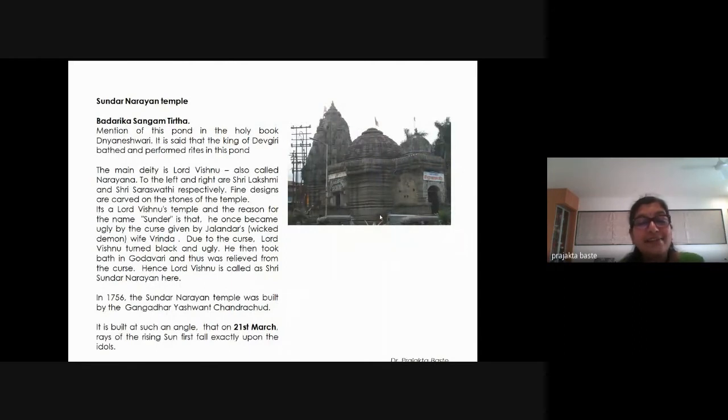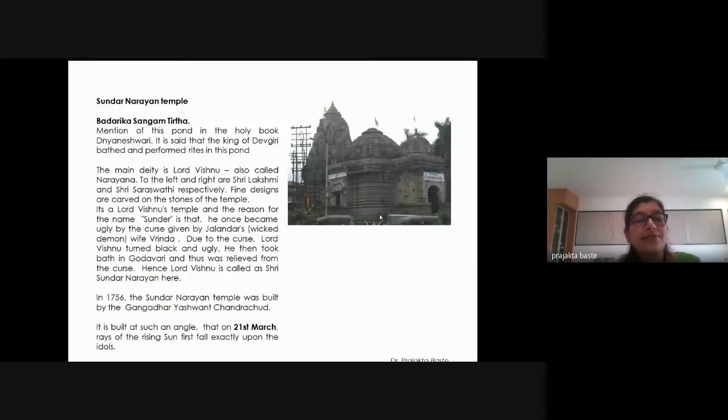Yeah. When we are talking about culture and river, I feel that the stories of mythology also become very important for us to understand why we develop temples on a certain stage. Why was it a major temple? Why was it a smaller temple? Was it a shrine, or was it some other kind of a religious feature? So there's a small story of one temple over here that is called the Sundar Narayan temple. Okay. Now, why this name of Sundar Narayan? Okay, why this name? It is a temple of Vishnu, and there is a story that once Lord Vishnu was